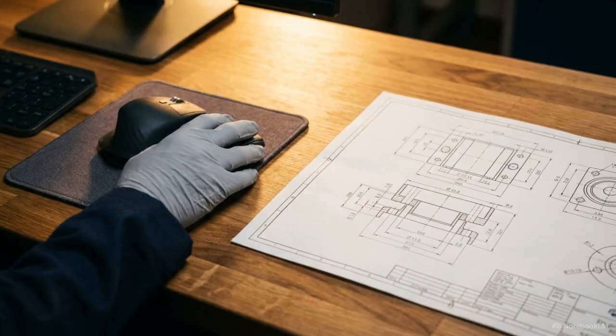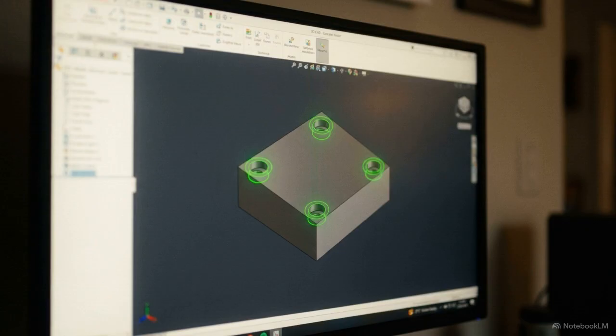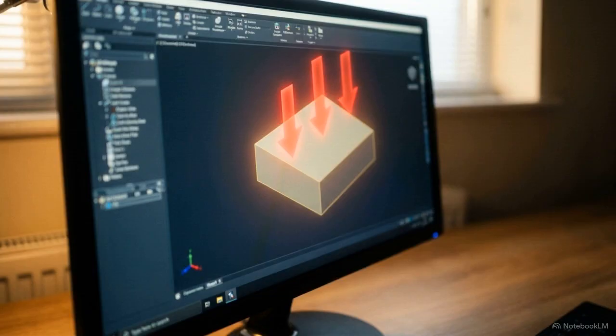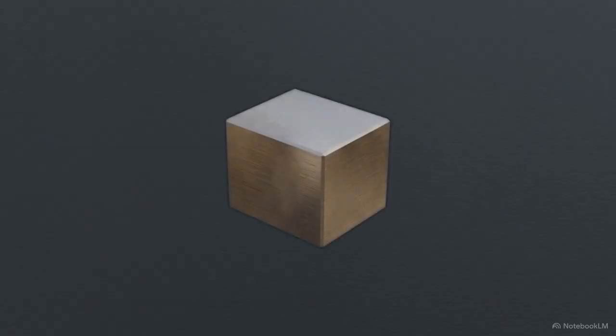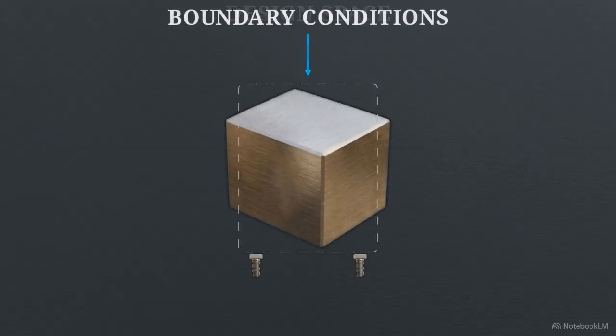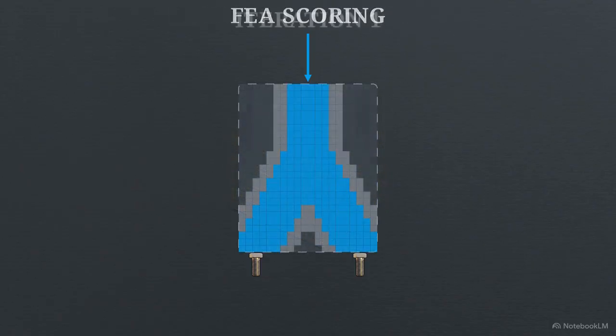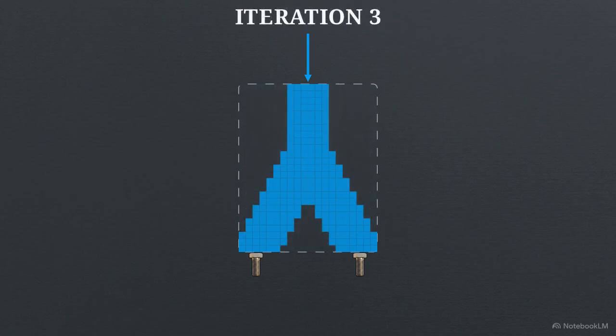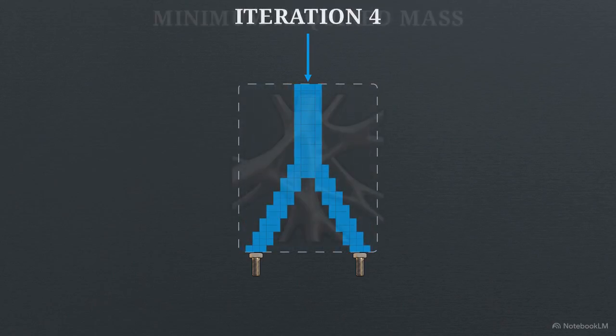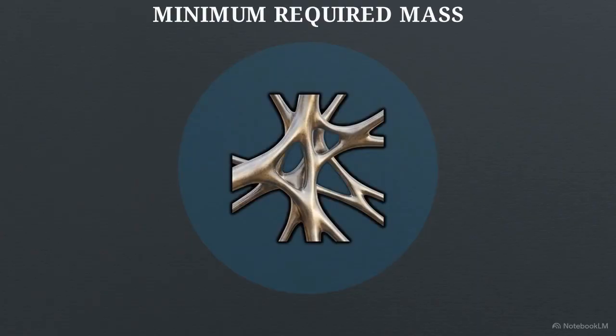The human engineer is still the one setting up the problem. They define exactly where the part must bolt to other components, and the maximum forces or load cases it will experience. This digital design space highlights boundary zones for loads and supports. The software runs finite element analysis, scoring the block. Iteration by iteration, the algorithm strips material from low-stress regions, carving dead weight until it reaches a branching structure with